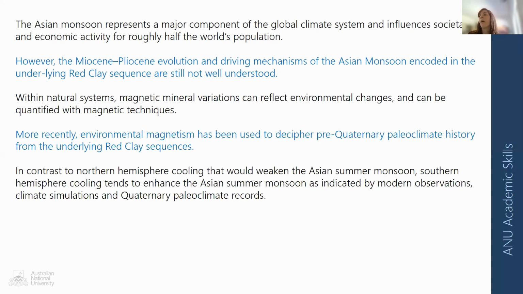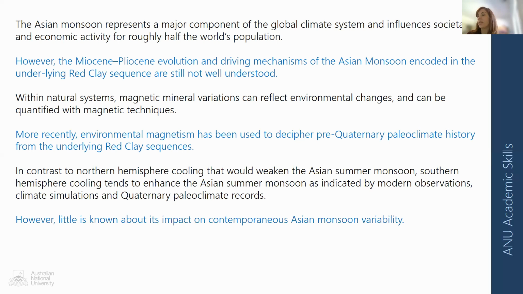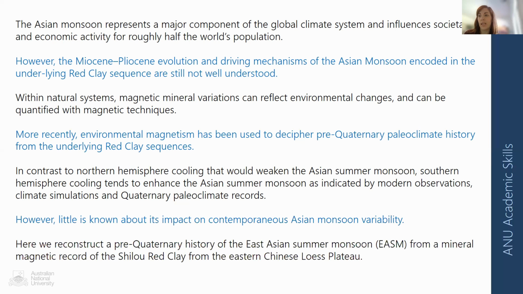So narrowing in. In contrast, Southern Hemisphere cooling tends to enhance the Asian summer monsoons as indicated by modern observations, climate simulations, and the Quaternary paleoclimate record. So we've got those same similar keywords happening again, and thinking about the temperatures there and how they're indicated. However, little is known about its impact on contemporaneous Asian monsoon variability. Okay, so we're getting some gaps there in those final sentences of those two paragraphs, that however, and that's really indicating a strong gap that's important,